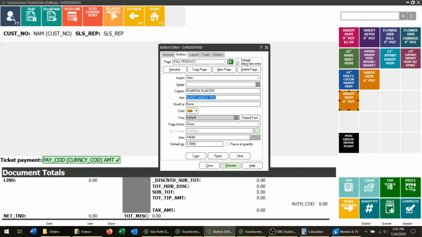And then same thing here. We'll just copy and paste our hint in there. And then let's do a preview, and it's automatically going to switch. So let's say if I needed this to be pumpkin planters, and now all of a sudden it doesn't fit. You've got 2 options. You can start abbreviating and get rid of the S, or you can change the default